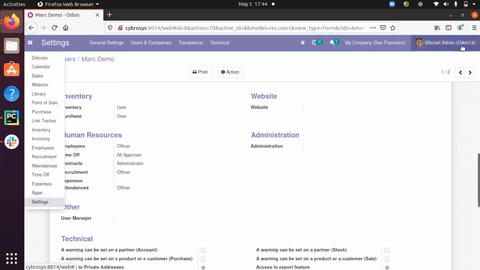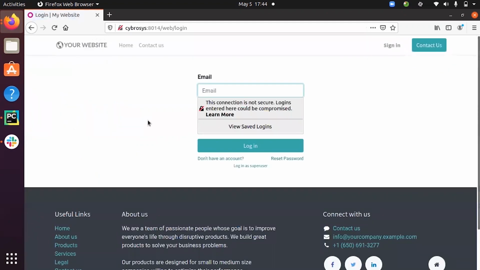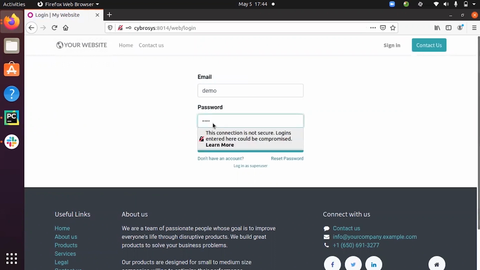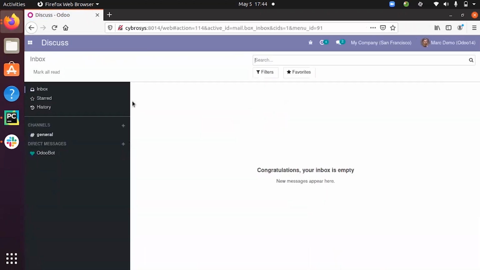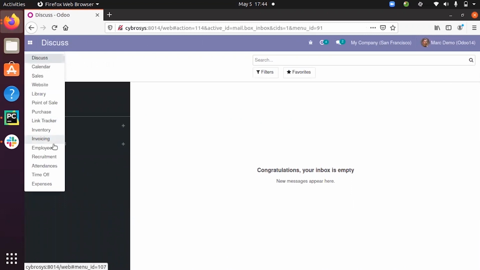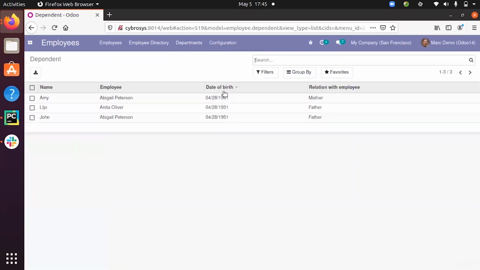So when I log out and log in as the demo user, that is Mark Demo, he's a basic user. And when he opens the employees module and tries to view employee dependent, you can see this user,